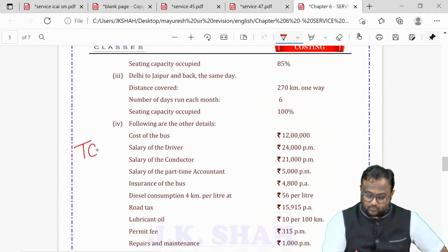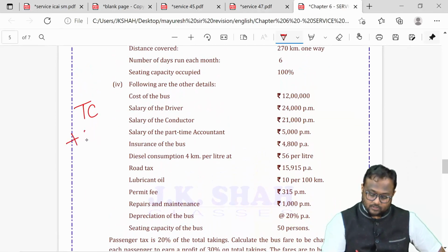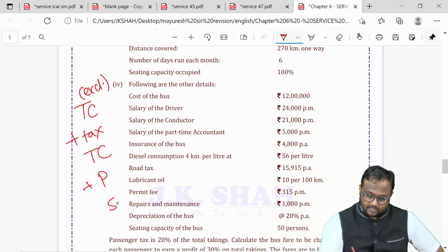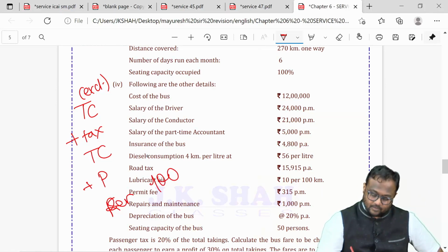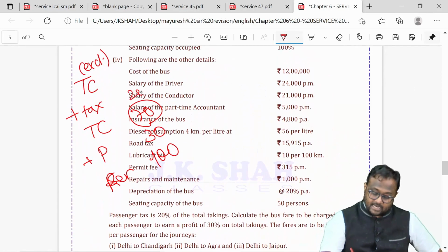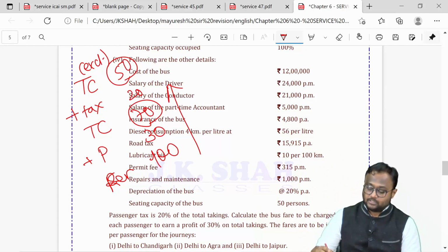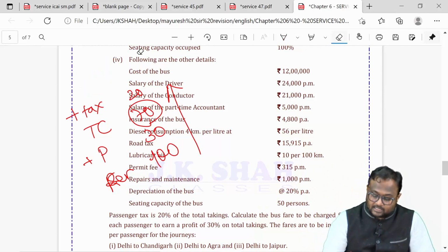You get your total cost. Your tax is based on taking. So get total cost, then tax. You will get total cost. This is total cost excluding taxes. This is final total cost, then profit, and then the revenue to be collected. If I assume this to be 100, this is 30, this is expected to be 70. If this is 70 but tax is 20, that means the cost that you calculated in the question solution is 50%. Go for cross multiplication and your answer is done. It was that simple.